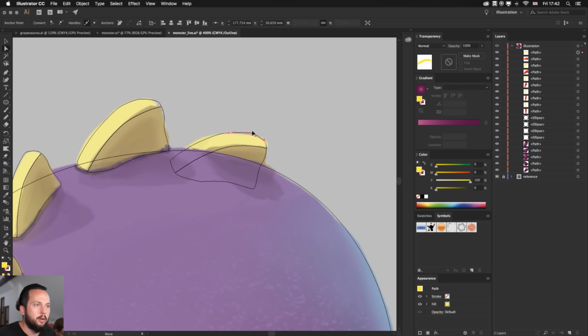And then we can set the gradient here to linear. And then use the gradient tool and just align it like that. So once again, the brightest spot should be on the top edge, and then it should get darker as it goes down. Once again, because the light is coming from the top. So in this case, because it's like a plane, the way the light will react to it is more similar to that instead of a round radial gradient.